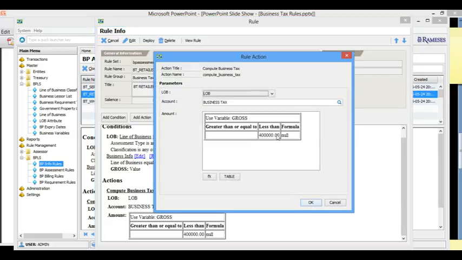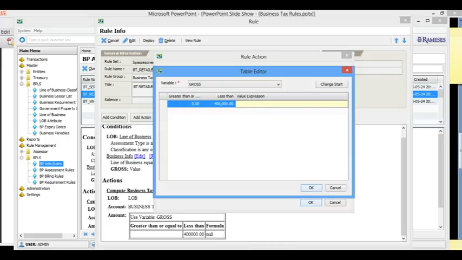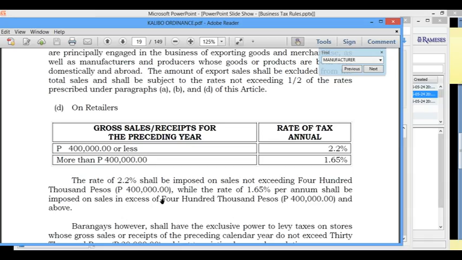We'll use the table again, and it says here that if it's 400,000 or less, it's 2.2% of the gross. Otherwise, this is 1.65%. Normally, this applies to the excess.